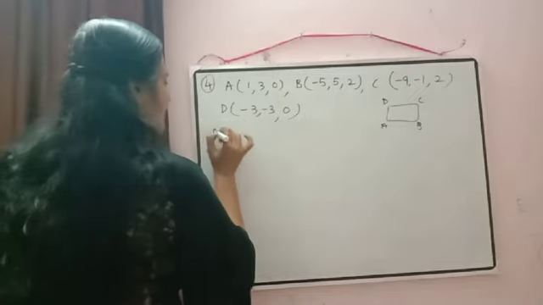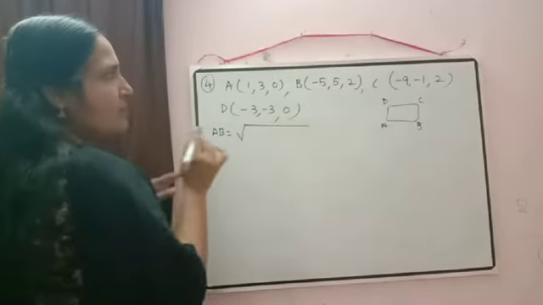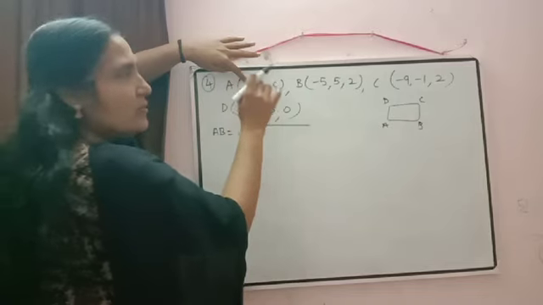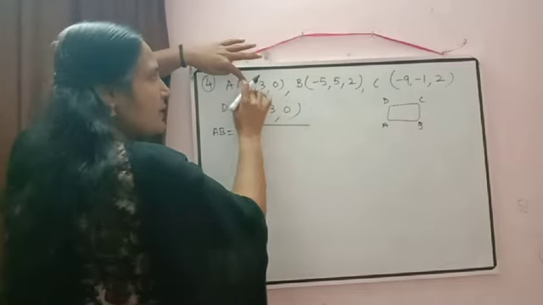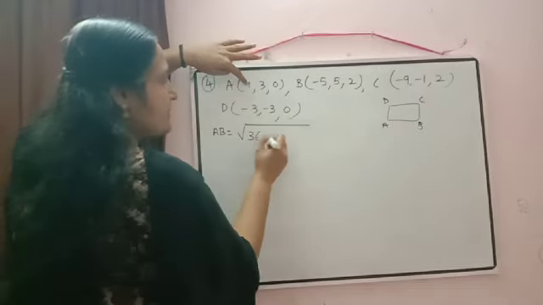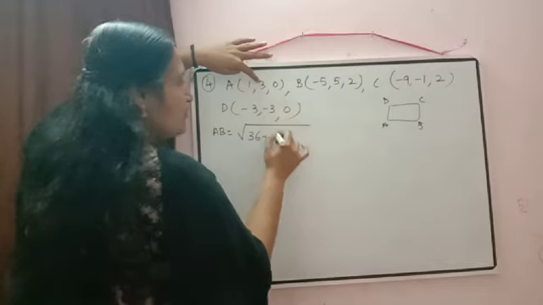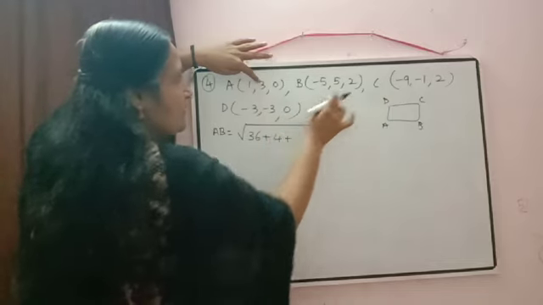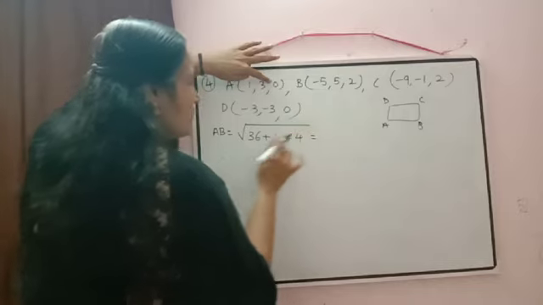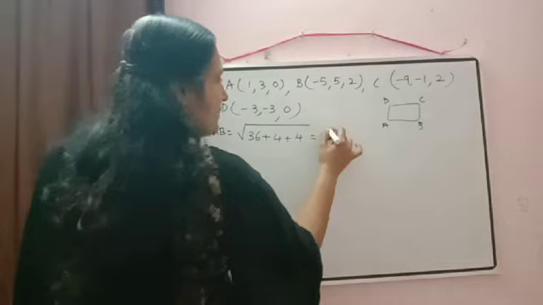AB is equal to the square root of, minus 5 minus 1 the whole square, minus 6 square is equal to 36, plus 5 minus 3, which is 2, 2 square is 4, plus 2 minus 0, which is 2, 2 square is 4. So 36 plus 4,